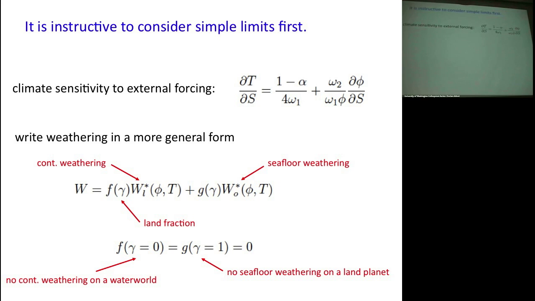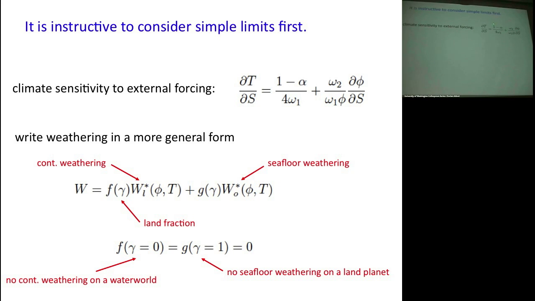So you could get insolation changes because the star is warming up with time, getting more luminous, and you could get insolation changes because you're going further from the star or closer to the star. But what's important for the habitable zone is that this value be as small as it possibly can be. And the limit, if this were 0, then you could just move the planet anywhere you wanted, and the surface temperature wouldn't care. So if you started in the habitable zone, you'd always be in the habitable zone. But we want this to be as small as it possibly can be.